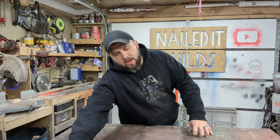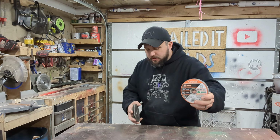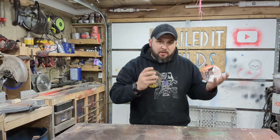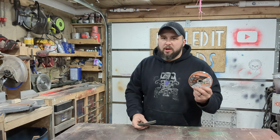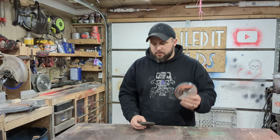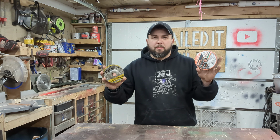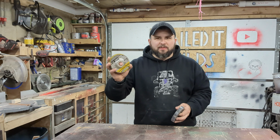And next up, we have 4.5-inch grinding cutoff wheels and grinding discs. I use these in woodworking and in metal fab. If you're wondering about woodworking, when you're shooting a bunch of nails around, if you have a crazy nail, I literally use a cutoff wheel and cut it off instead of trying to mar up my wood. If you don't know, while you're using these, they disintegrate. That's the whole point behind these. So if you're doing a big project, you burn through a lot of cutoff wheels. Grinding wheels, not as much, but either way,